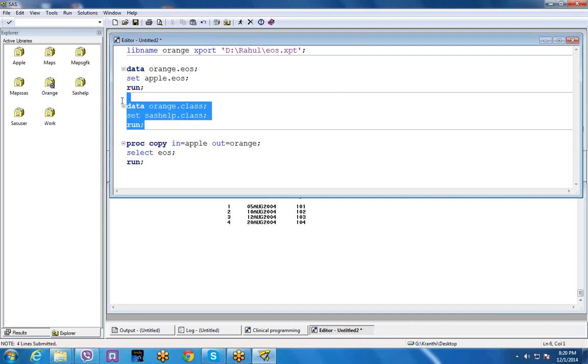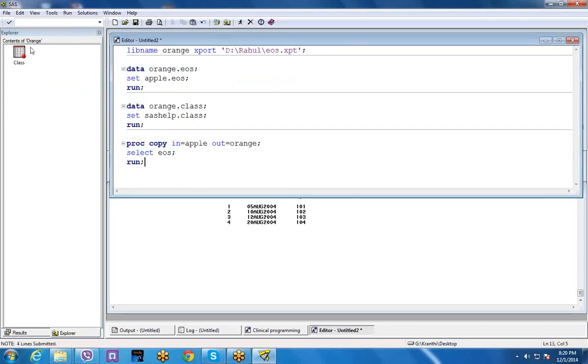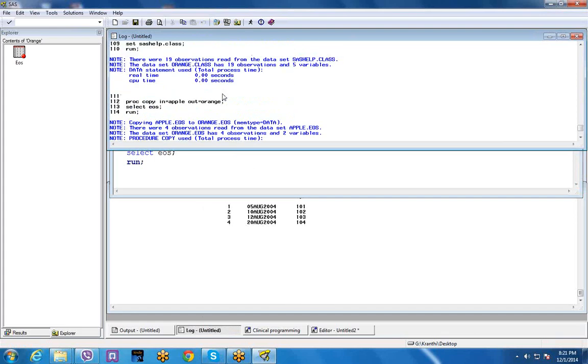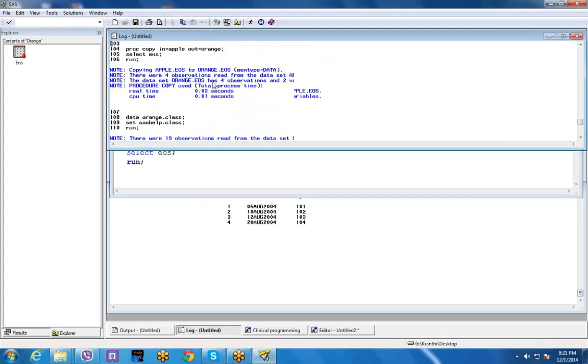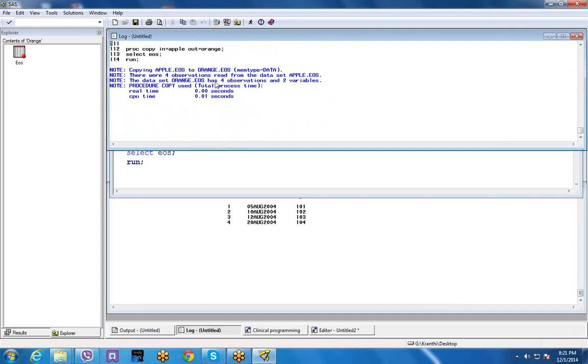So it is overwriting, it seems. Open. Now orange is showing only class. When you copy the US also, it is showing in the place of... yeah, I think it's holding only one dataset. But I used the earlier versions, you know,